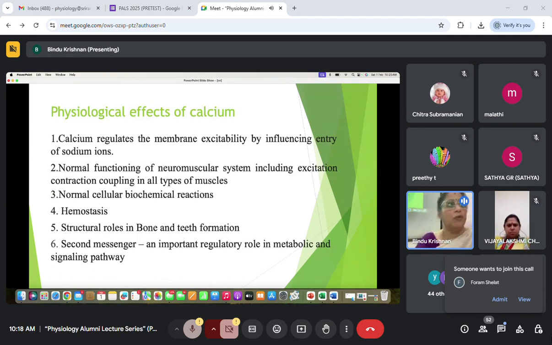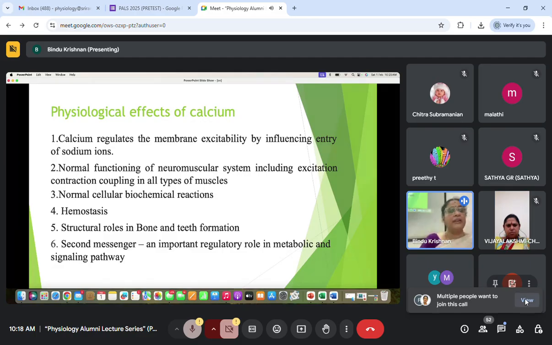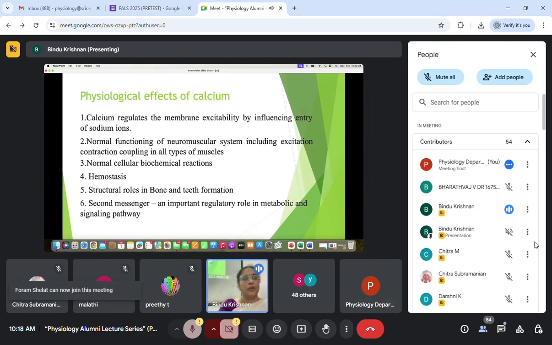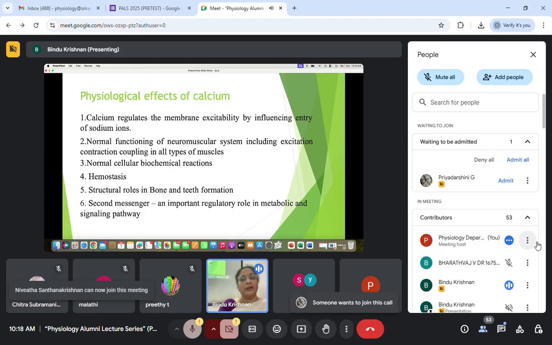So by now, all of you are aware of these physiological effects of calcium, be it its physical storage form in bones or teeth, or maybe the membrane excitability by influencing the entry of sodium ions, or the role it plays in hemostasis, or as a secondary messenger,